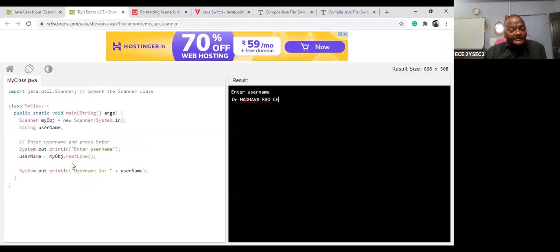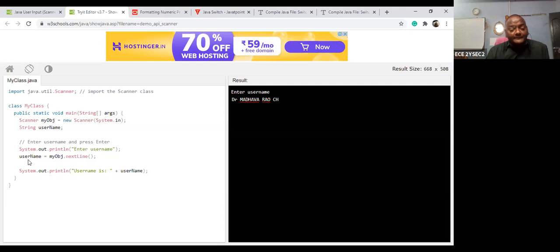Now what is the next line? It reads out what you are entering. Once it is read out, that value is stored into the username, so it is assigned. Then at the end, System.out.println username.